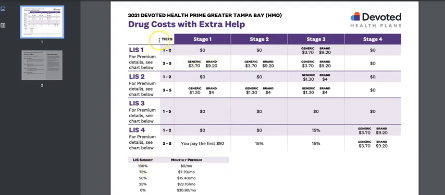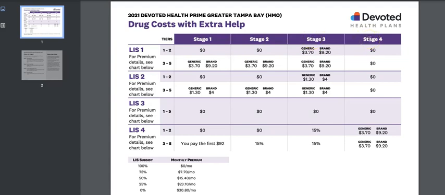Then you will notice, as we move through the charts, if someone is a low-income subsidy level 1, and their prescription is between a tier 1 or tier 2, as you move across the chart, you'll see what their cost share amounts will be in each stage of prescription drug coverage. Stage 1 being deductible, Stage 2 initial coverage limit, Stage 3 the coverage gap or donut hole, and